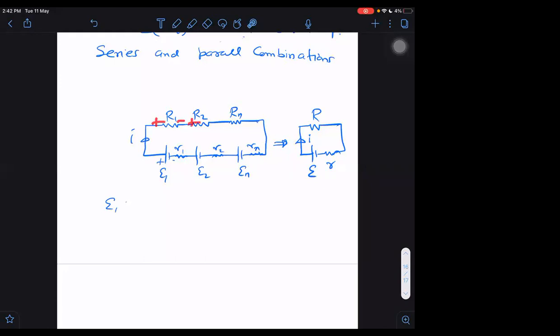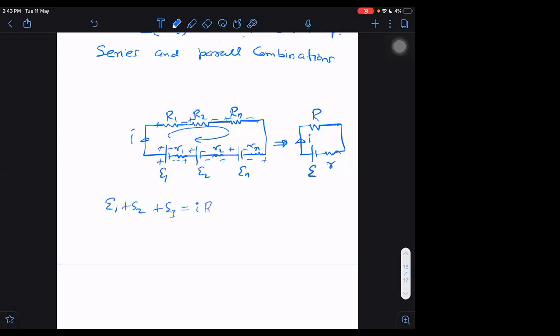See, plus minus, plus minus, IR. So it will be just I into minus R1 plus R2, minus plus, minus plus. If I go in the closed loop, across all the resistances there will be a potential drop. And across the batteries, I am taking the batteries in the same direction, so all these batteries will add up: sigma E1 plus E2 plus E3, these are positive increases in potential. Net increase in potential is equal to net decrease in potential.